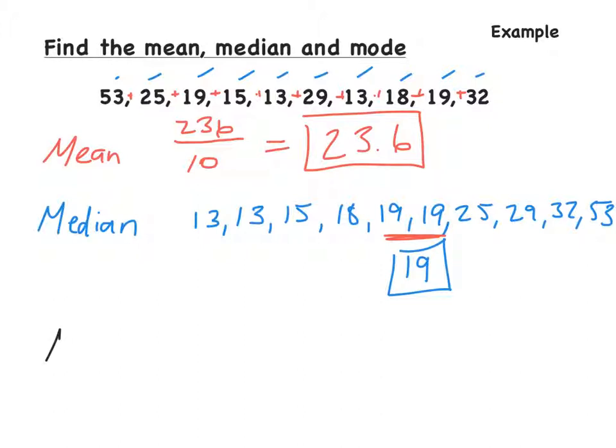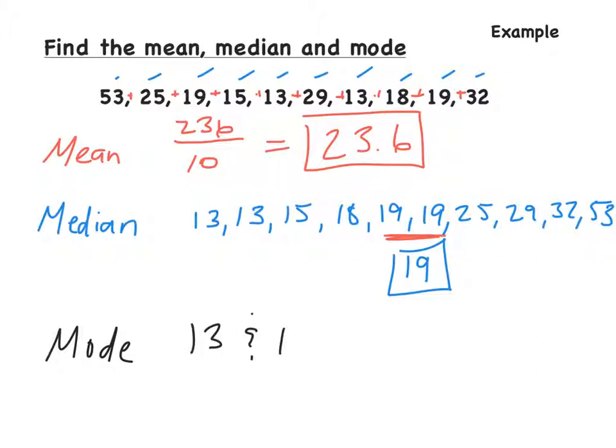Last but not least, we have to find the mode. Which one of these shows up the most? Well, it looks like we have two 13s. Since we have them in order, we might as well look. We have two 13s, we have two 19s. You can actually have more than one mode. In this example, we have more than one mode. We have 13